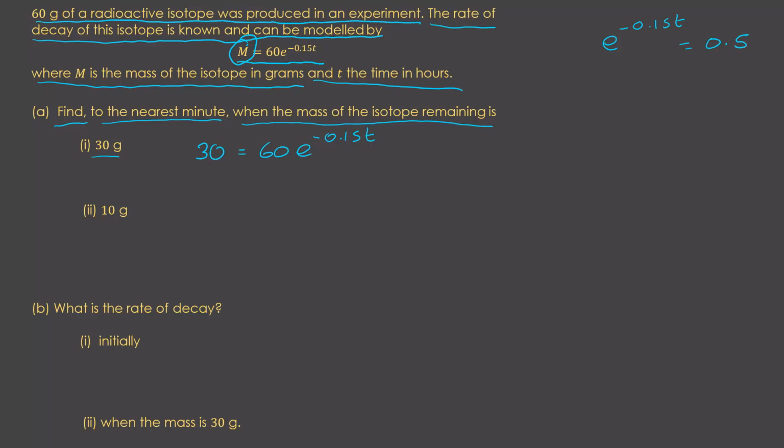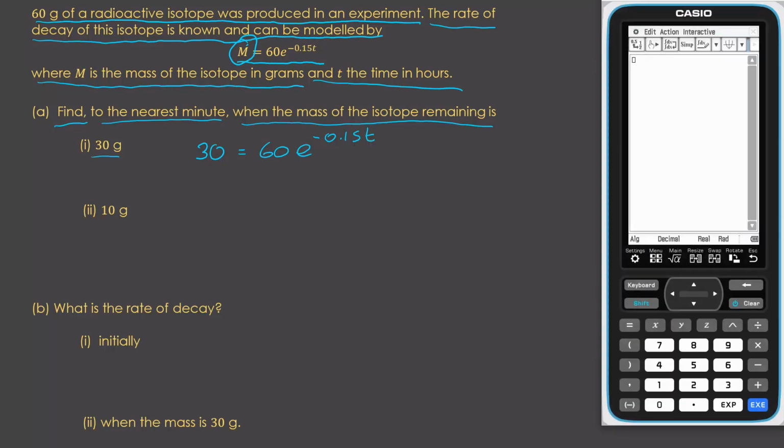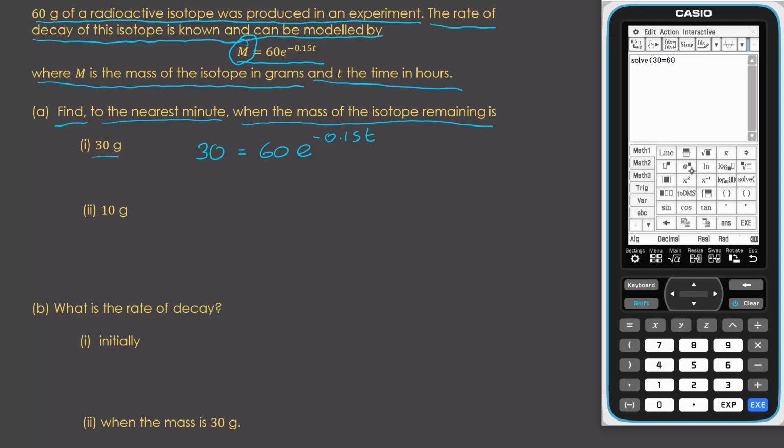At this stage, you really need to solve this using your class pad. So, action advanced solve. 30 equals 60 e to the negative 0.15 x,